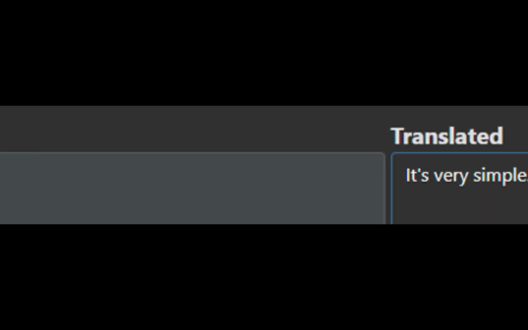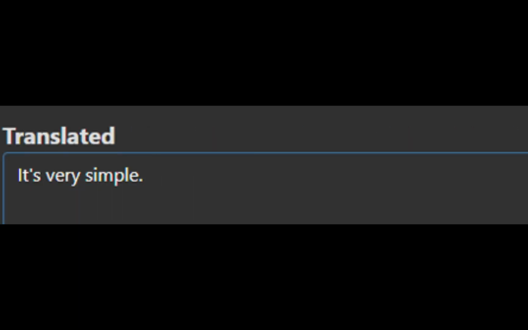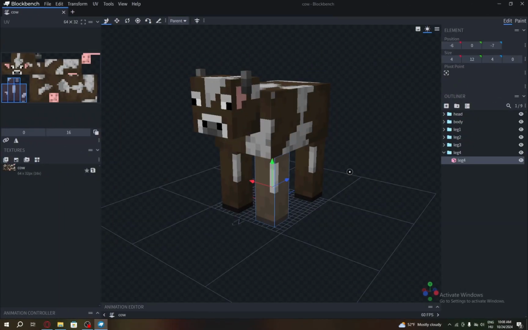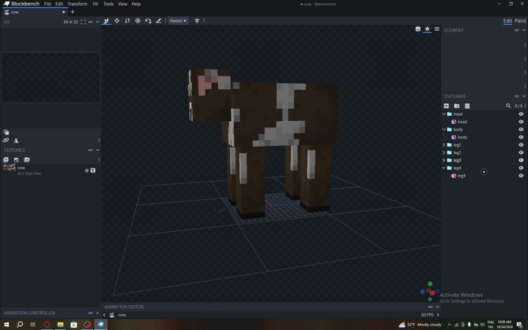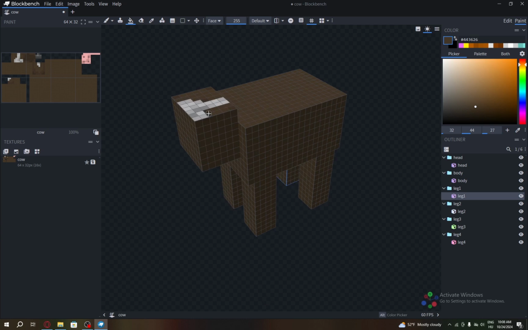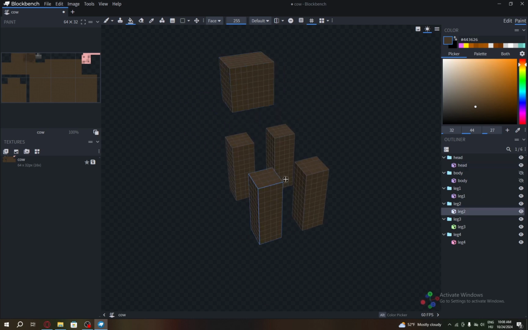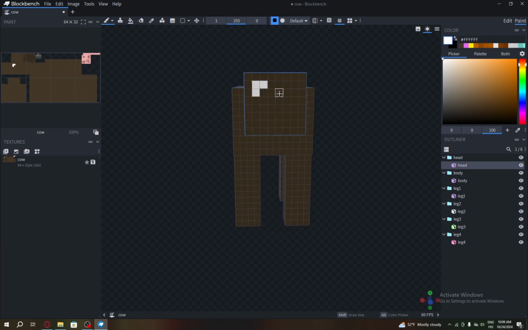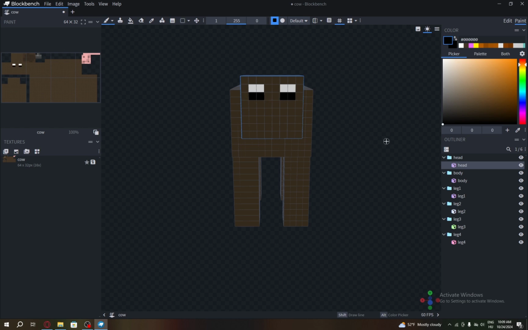Okay, the next on our list is cow. And it's very simple. I think I know what I'm going to do with this. It's not going to be much, but I know. So for the cow, I decided to just make it as simple as possible. I just removed every single bit of detail, every single bit of texture on the cow, and I painted a